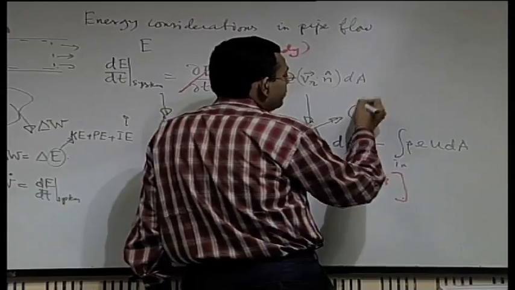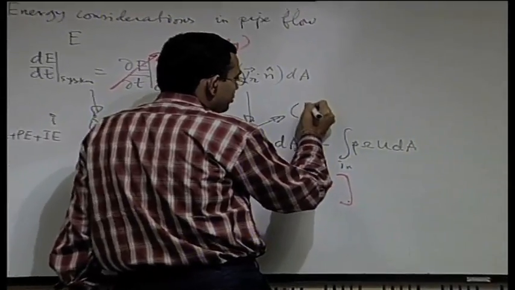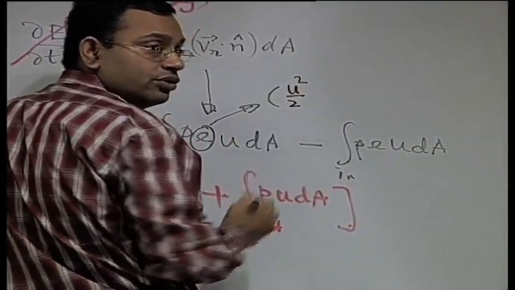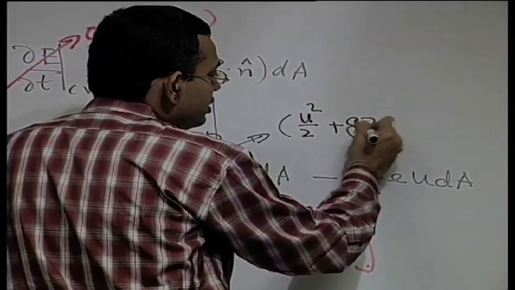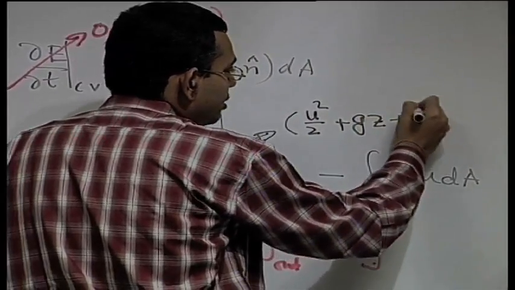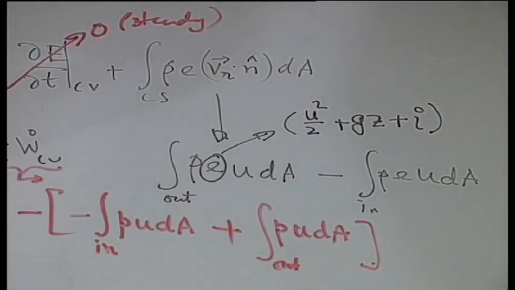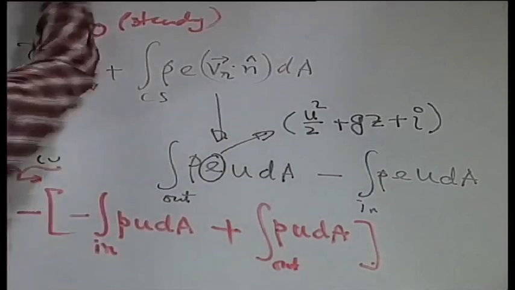So first, kinetic energy u square by 2, potential energy gz, and internal energy per unit mass I. Okay. So if you collect all the terms, what you get at the end,